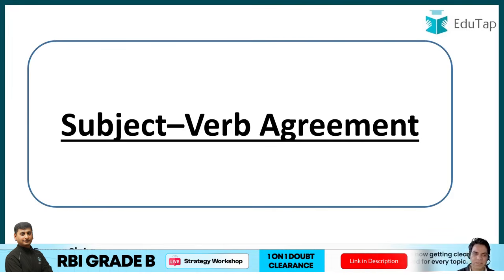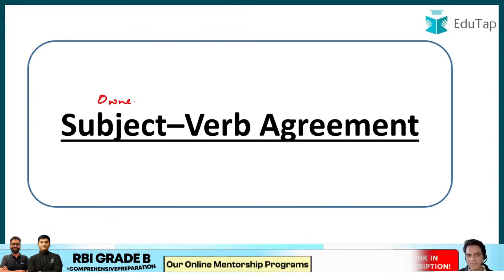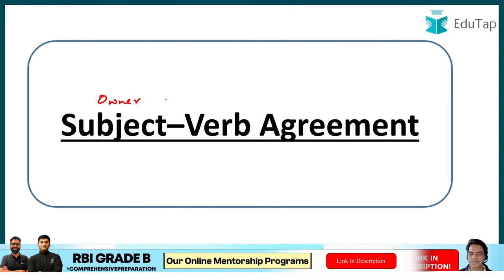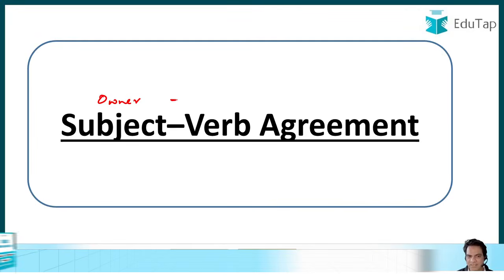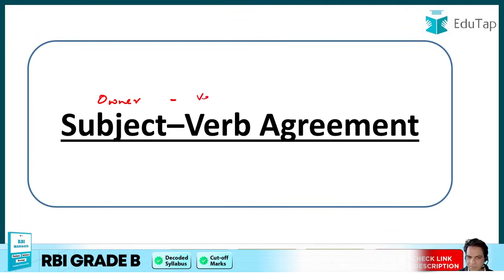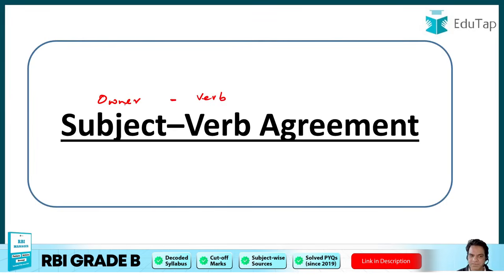Remember guys, the subject is the owner of the sentence, जिसके लिए कोई सेंटेंस बनाया गया है, जिसके लिए कोई सेंटेंस क्रिएट किया गया है. So the noun or pronoun for which the sentence has been created is called the subject of the sentence, and it is followed by a verb, right? So basically the subject, or the owner of the sentence, is followed by a verb.